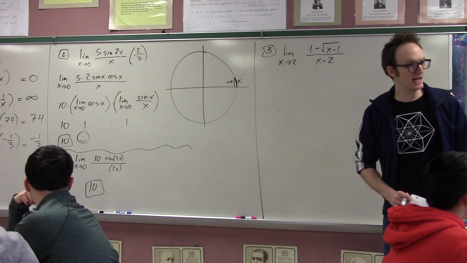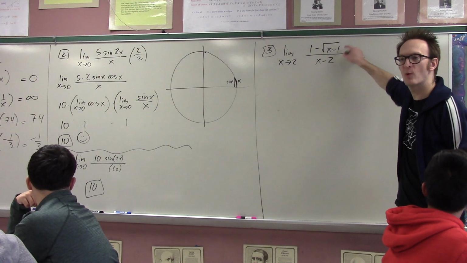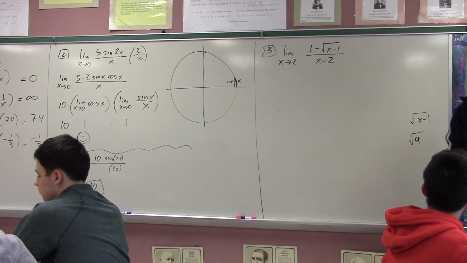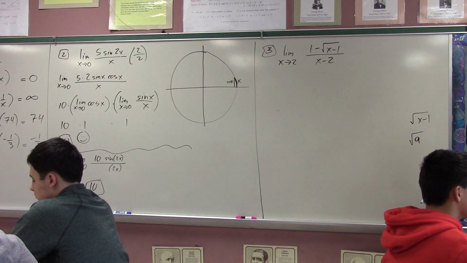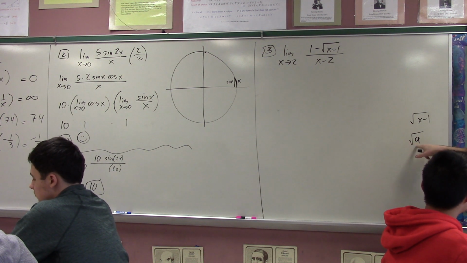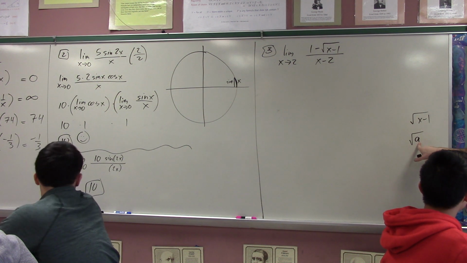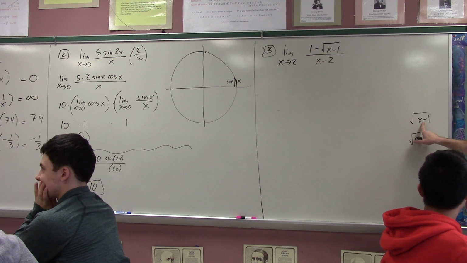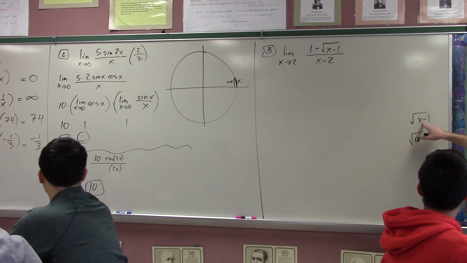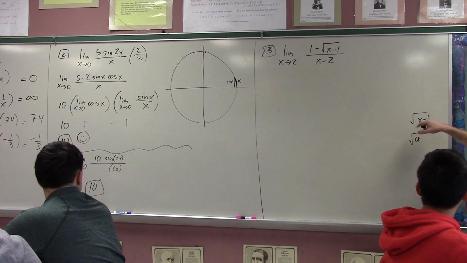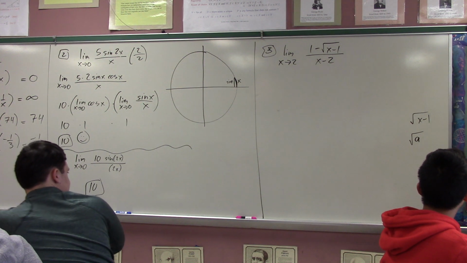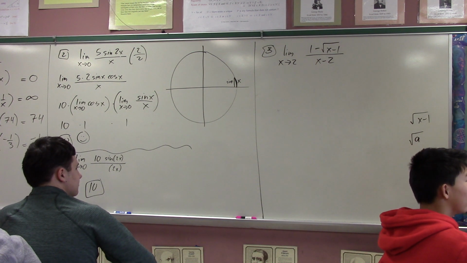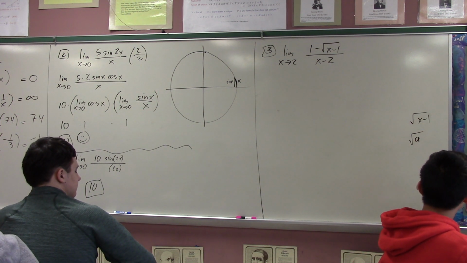Yeah, okay, so consider this root x minus 1. What does root x minus 1 even mean? What is the square root of a? What's the definition of square root of a? Something where the square root of a times the square root of a equals a. Yeah, the square root of a is the number which when squared is a. So root x minus 1 is the number which, when squared, is x minus 1. Do you see how the very definition of the square root is referring to some future action that you might take? It's like if you have a genie which,